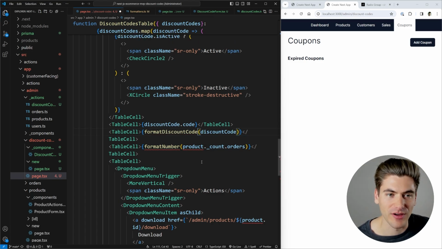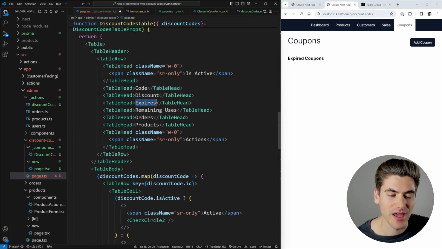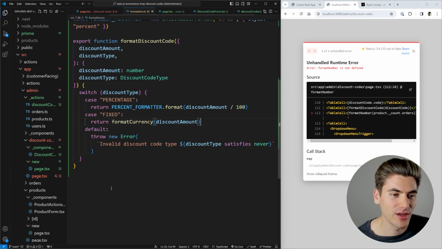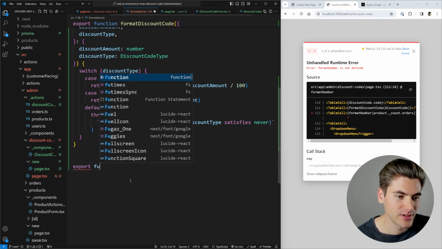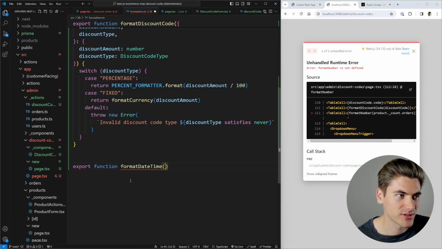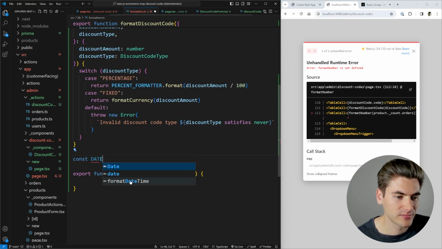So now if I just import this formatter, it's going to format this discount code, whether it's a percentage or a number, perfectly fine. Now, if we scroll up, the next thing we have to work on is our expires section, which is going to need its own formatter. So what we can do in our formatters, we can export a function. This one's going to be called format date time, just like that. It's going to take in a date, and it's going to use a formatter. So we can create a formatter. We'll call this a date time formatter. New